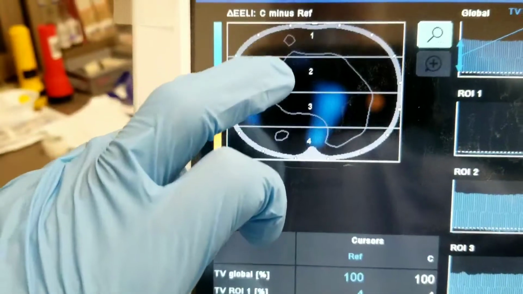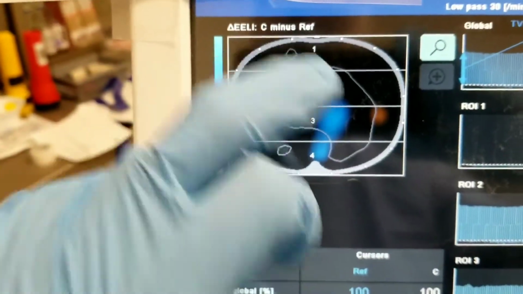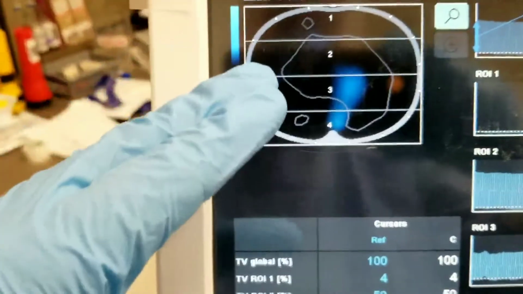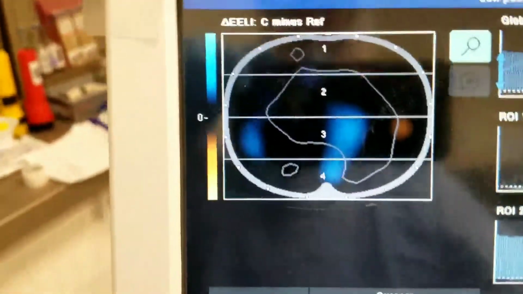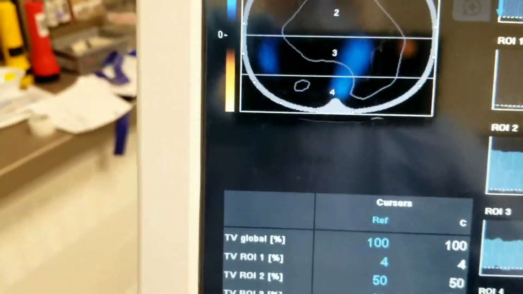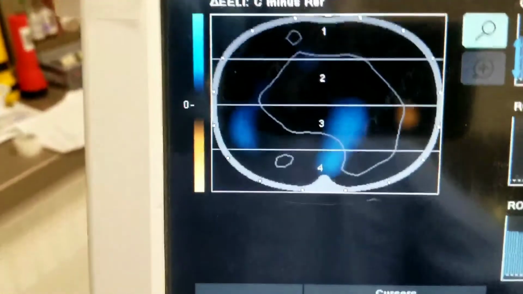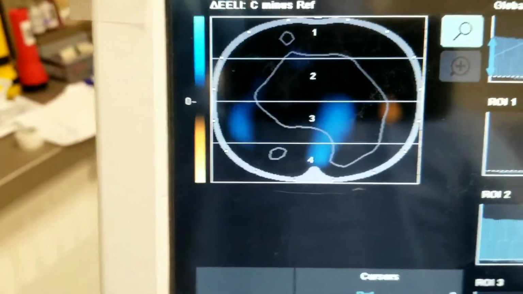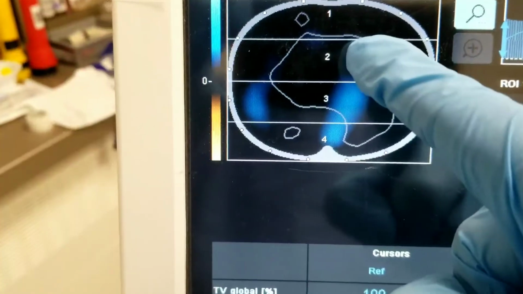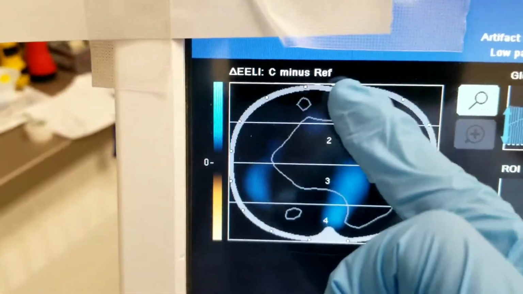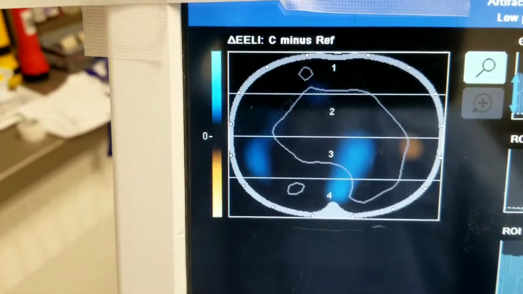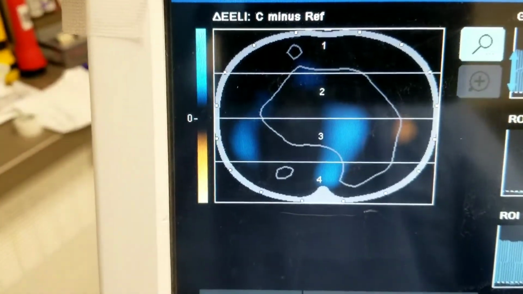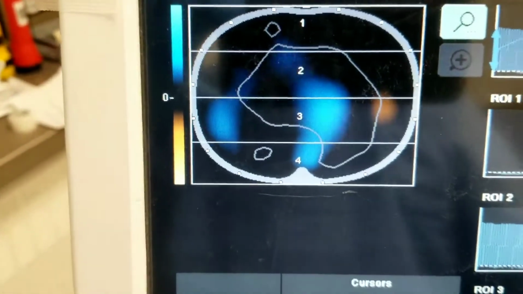Now, you don't want to make changes and get blue up here and no response here. It just means everything that you did is going up on the ventrals, and that's indicative of over distension. So blue is not always necessarily good, and orange is not necessarily bad. If I see a lot of orange here and a lot of blue here, it means that the tidal volume has been redistributed in the area that we want. Okay, so see, we're doing good stuff,